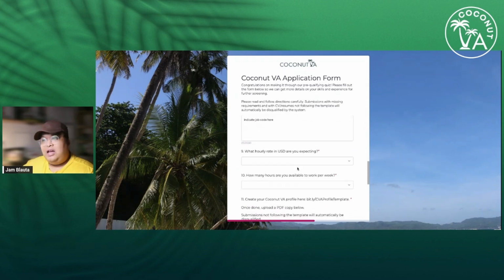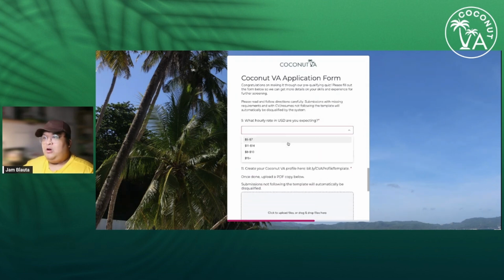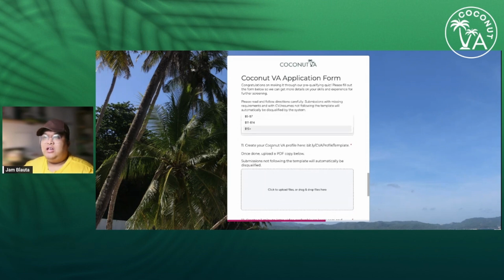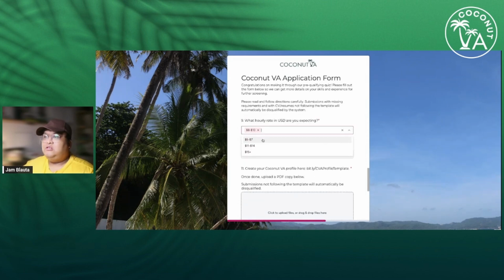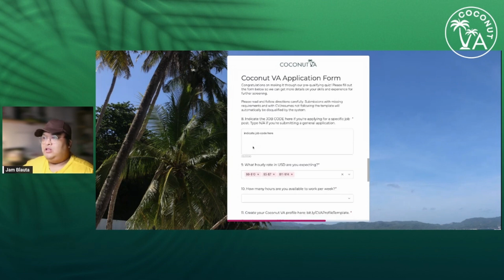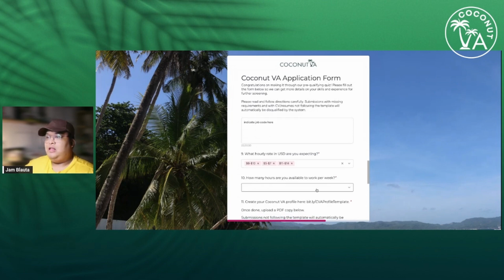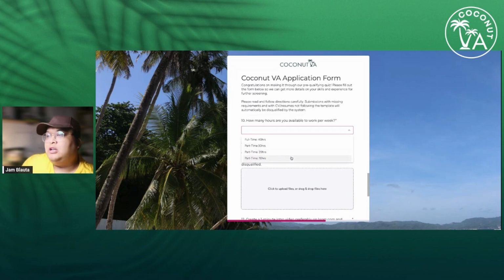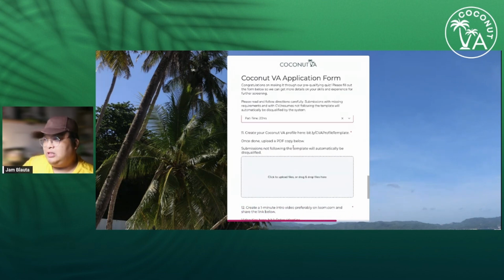Now, what hourly rate in USD are you expecting? Let's say you want $8 to $10. That's okay. You can use multiple ranges, like 5 to 7 and then 11 to 14. Up to you. How many hours can you work? Let's say part time, 20 hours a week.